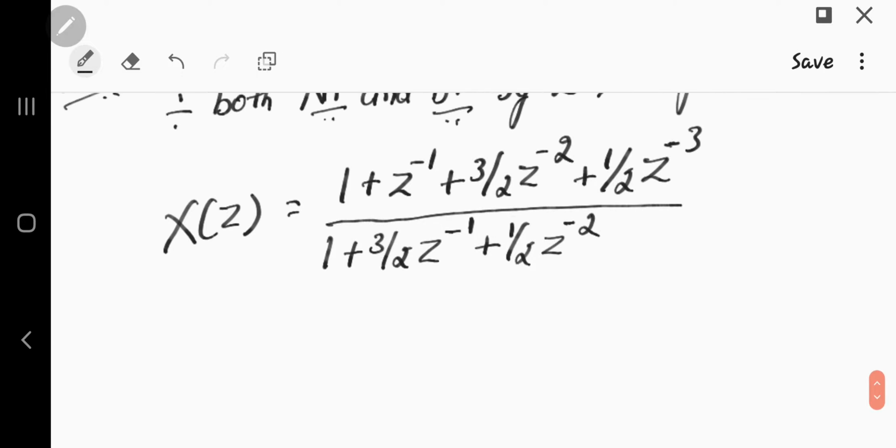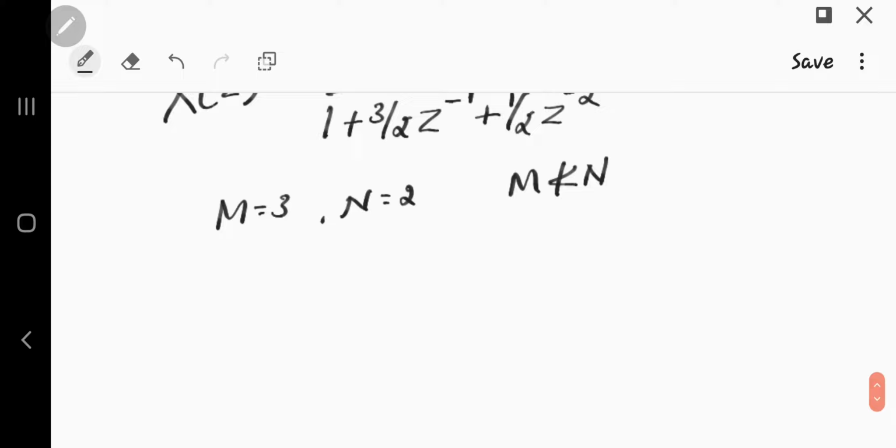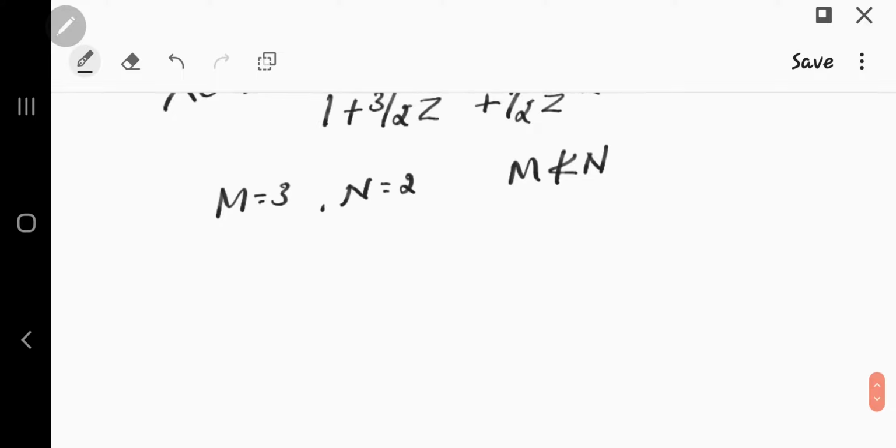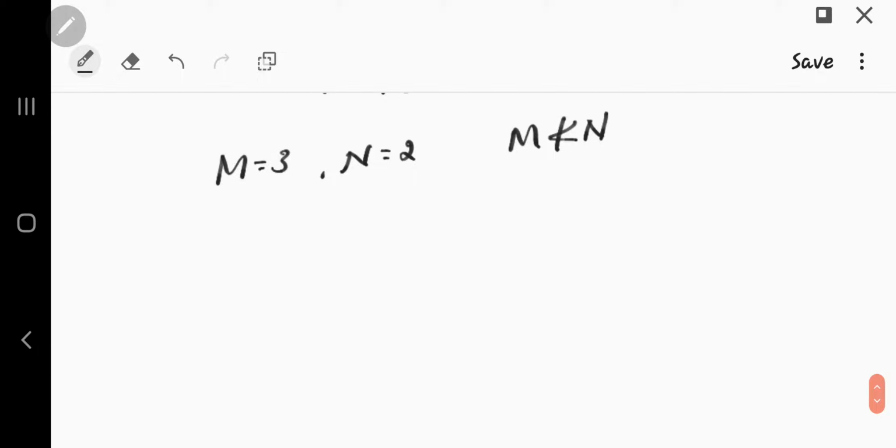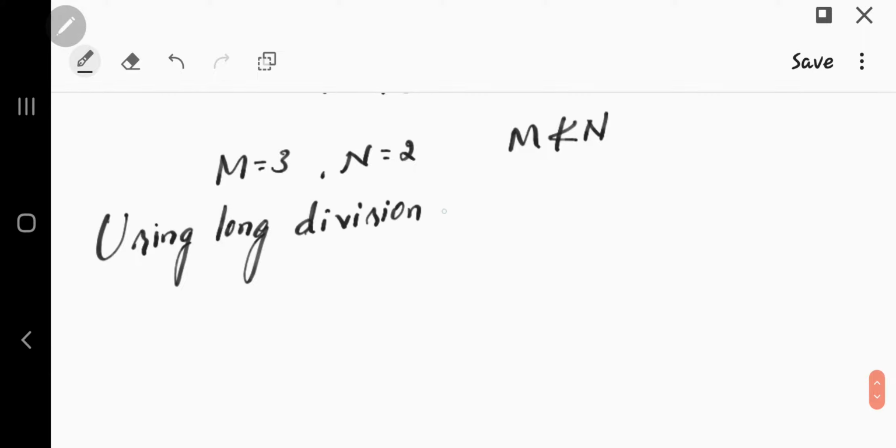Now in this form, if you look at the powers, here it is 3 and here it is 2. So that means we have to bring this to the form, because m is equal to 3 here and n is equal to 2. So that means m is not less than n. Again, the condition is not satisfied to apply partial fraction expansion. So we have to bring it to the form so that we can apply the partial fraction. That is done by using long division method. So using long division method,